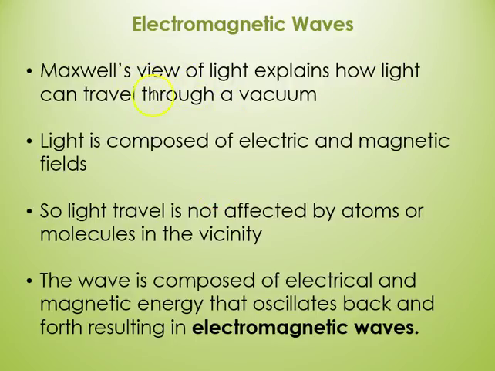Maxwell's view of light explains how light can travel through a vacuum. So, because we are combining the properties of both of these types of waves, which we'll now call electromagnetic waves, we can see different properties that come from this view. Light is composed of electric and magnetic fields, so light travels not affected by atoms or molecules in the vicinity, so nothing gets in the way of them. It might slow them down, but they still continue on. The wave is composed of electrical and magnetic energy that oscillates back and forth, resulting in the